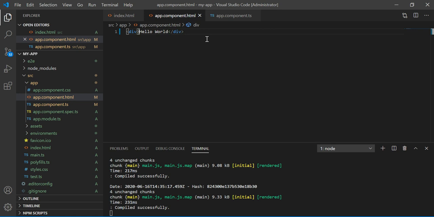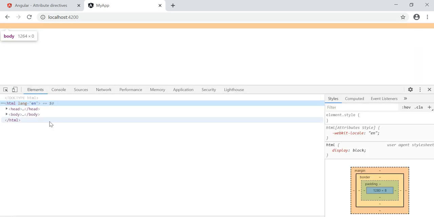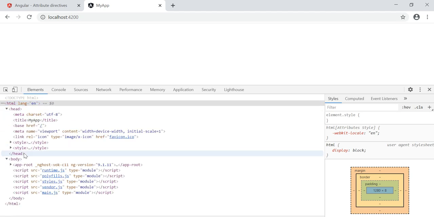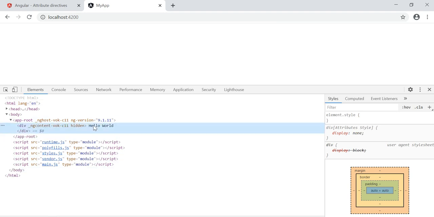So if I want to hide this div, right, then I have one inbuilt property and that is hidden, right? You can directly place hidden, so by default it is true, right? So your div is hidden by this property, right? When you click here and inspect on that area, you'll see that in the body section, in this app root, your div is still present but it is hidden from the view, right? But it occupies the space.